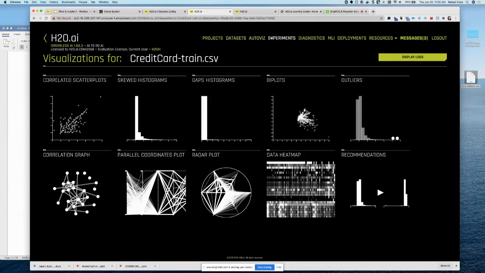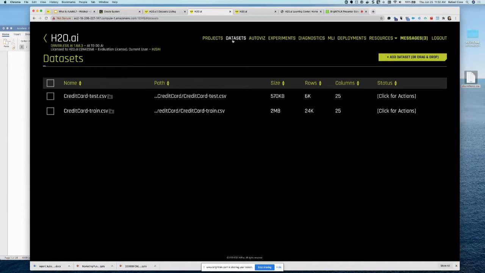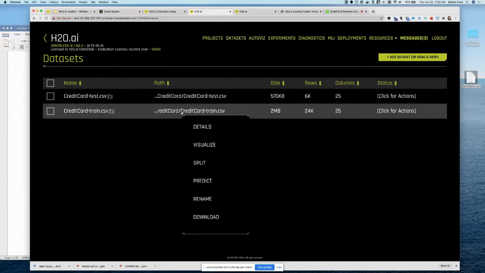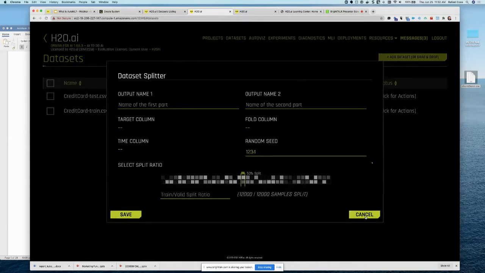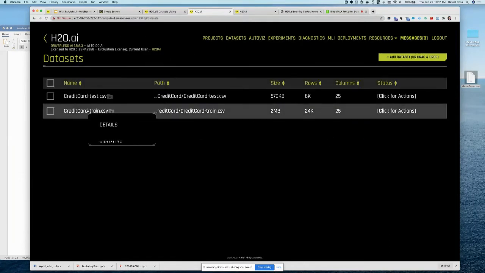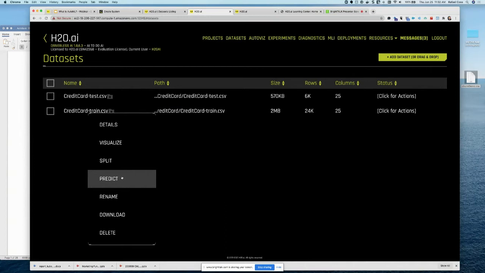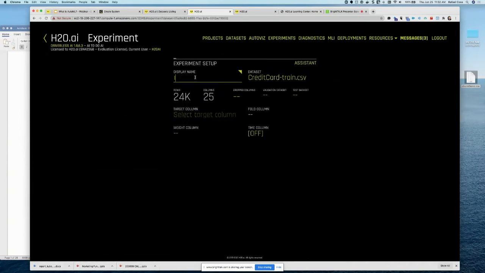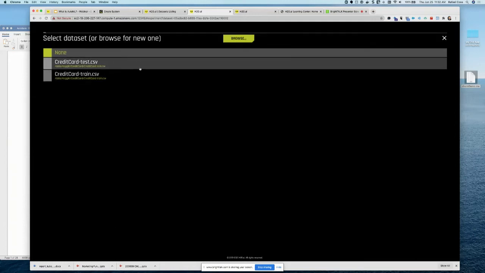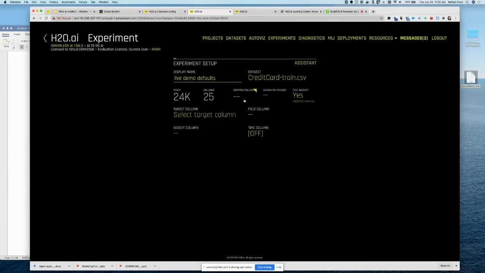And once we've done that exploration, now we're really ready to start an experiment, right? We have some tools to make it easy to split the data and get your training and test data, and I've already done that. For the sake of time, I'm just going to get to actually predicting. So here we have our fantastic live demo prediction for defaults, right? And I can provide a test data set. If I needed to drop columns, I could.